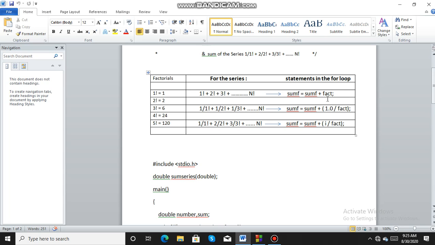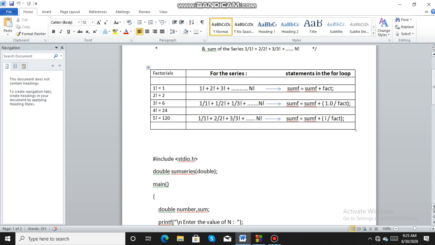For the second series, instead of FACT, I will be using 1 divided by the factorial. For the third series, I will be using I in the numerator, because the value of the numerator is also increasing, increasing 1 by 1. So in the third case, I will be using I upon FACT.